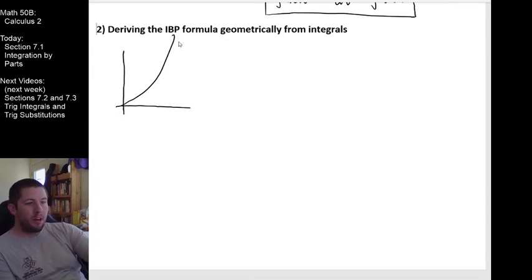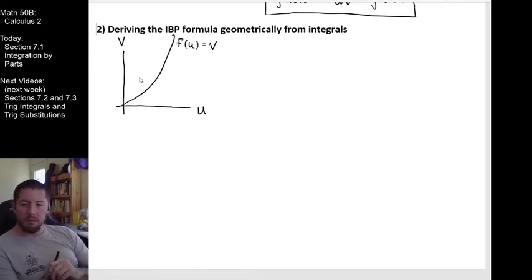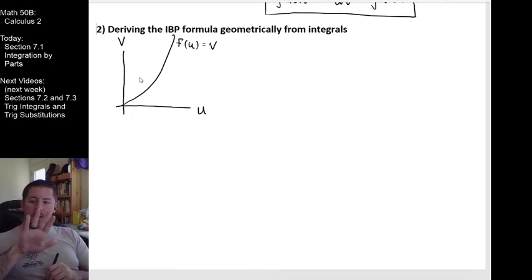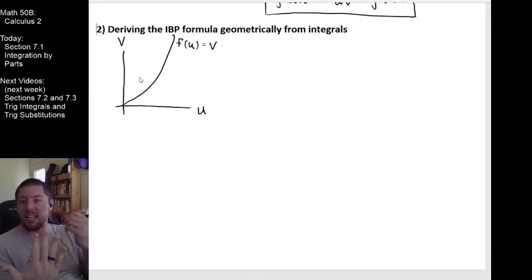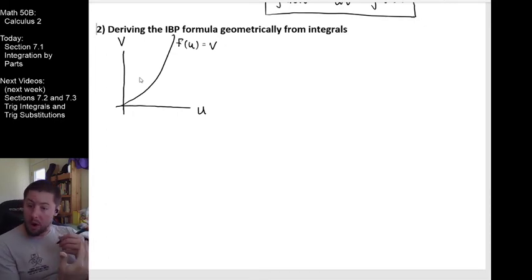I'm going to call this curve f of u equals v. That's saying I'm considering u to be my input variable and v to be my output variable. So I've got a u and a v axis. But something that we've learned, especially in our cylindrical shells and our disks and our washers, is that there's plenty of times where it's meaningful for us to take our y equals f of x equation and turn it into an x equals g of y equation,